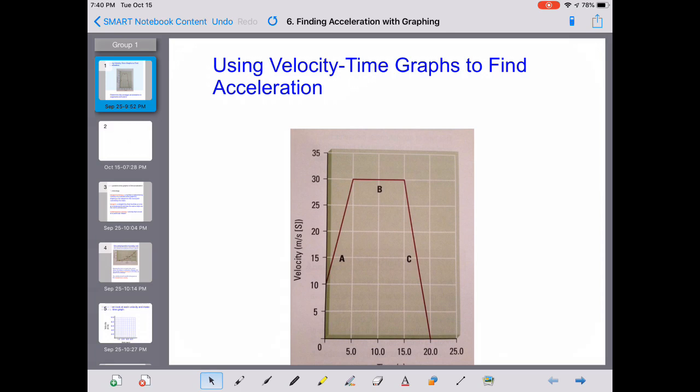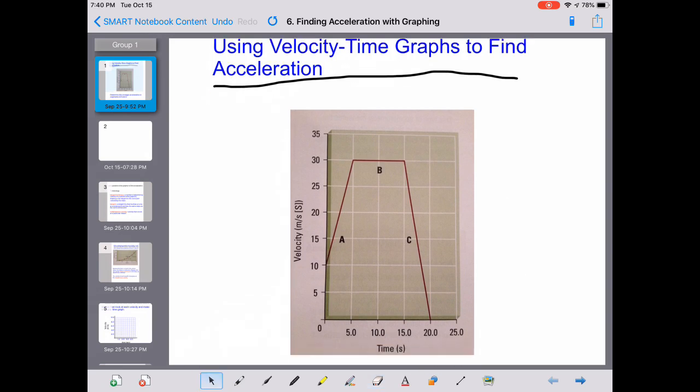This sums up a lot of separate concepts that we've been talking about, but really it's not a far jump into anything else, it's just a different way to look at it. So to start off, I'd get you to jot down the title, what's up here: using velocity time graphs to find acceleration. And then I have a few little graphs here,